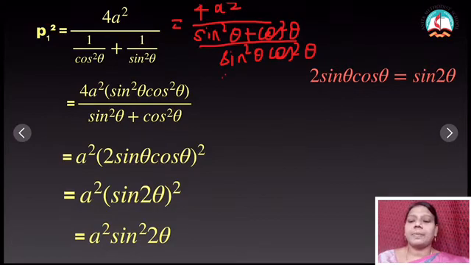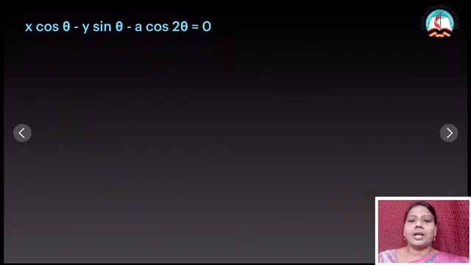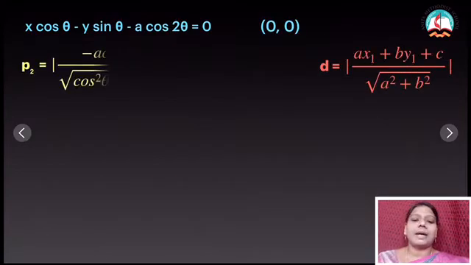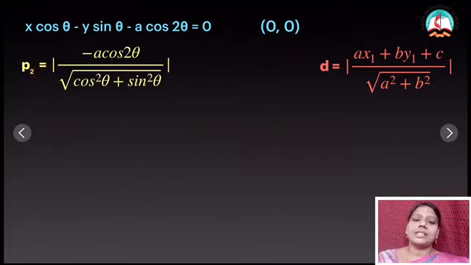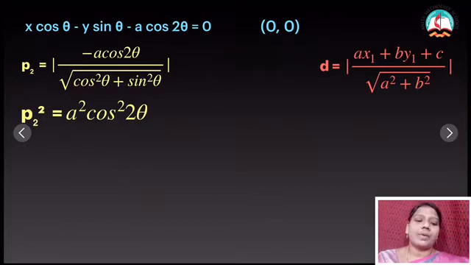I have to find out P2 square. Therefore, first I am taking the equation and the origin. From this I am finding the distance. So I am applying the distance formula. P2 is equal to this. As usual, x is equal to 0, y is equal to 0. Therefore, this value will be here. But cos square plus sin square equal to 1. So straight away we are getting the value equal to a square cos square 2 theta while I am squaring